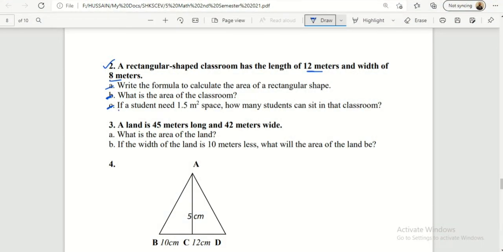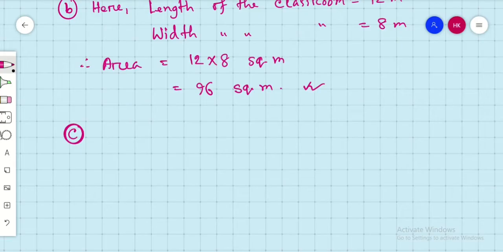Question C: if a student needs 1.5 meter square space, how many students can sit in that classroom? First let's look carefully. If a student needs 1.5 square meter space, one student can sit in how much space? If 1.5 square meter space is needed, how many students can sit in this whole room, that is the question. So the whole room is 96 square meter, that means